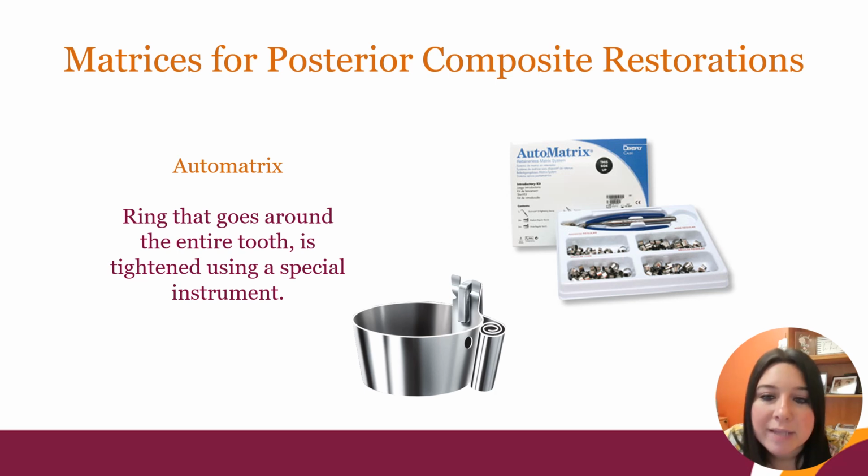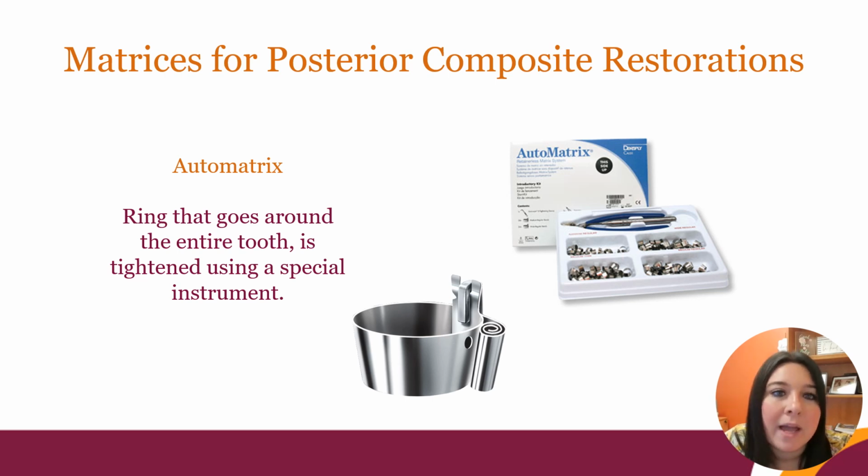special instrument used that helps to tighten it. It doesn't require any separate retaining rings to hold it in place, but it just solely relies on that act of cinching it tight together around the circumference of the tooth. This is what I prefer to use instead of Toffelmeyer's if there's not an adjacent tooth. If there is adjacent teeth to the restoration I'm placing, I'm always going to use the sectional matrix. But if there's not a tooth in front or behind the tooth that we're working on, auto matrix is the